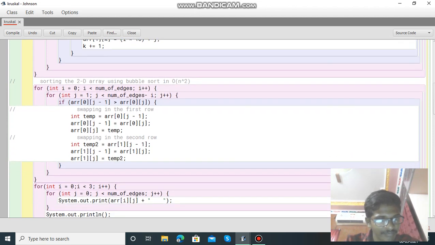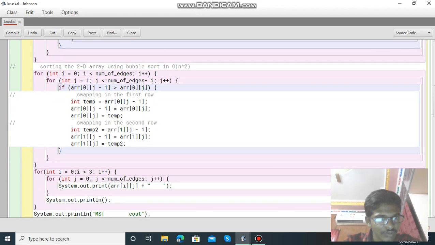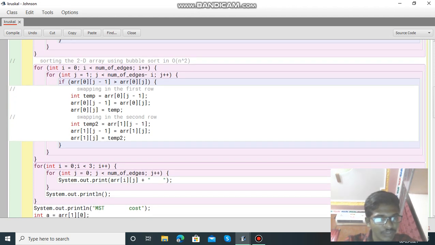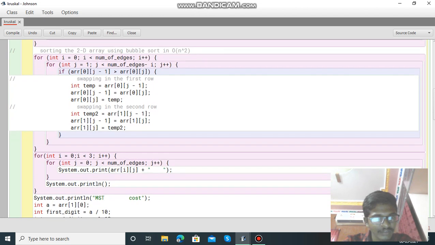Again we use the same method: if array of 0 of j minus 1 greater than array of 0 of j, then swapping in the first row, integer temp equal to array of 0 of j minus 1, array of 0 of j minus 1 equals to array of 0 of j, array of 0 of j